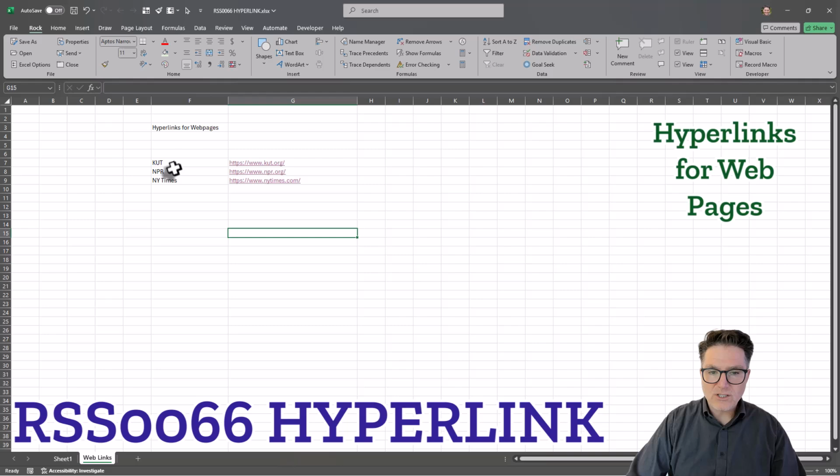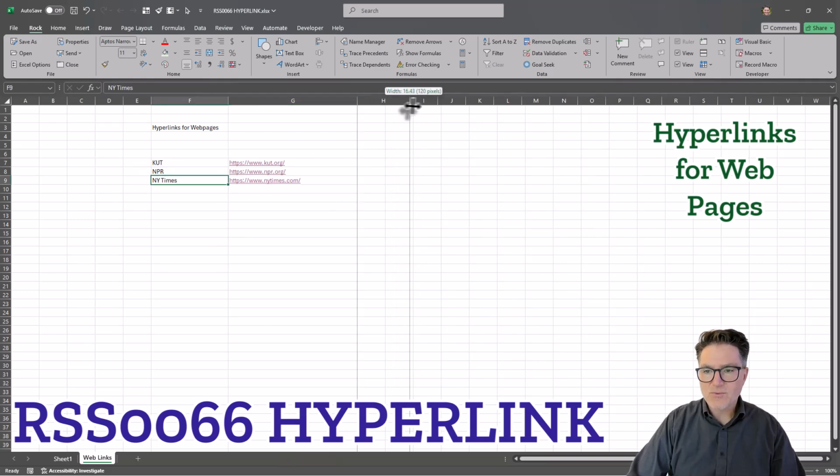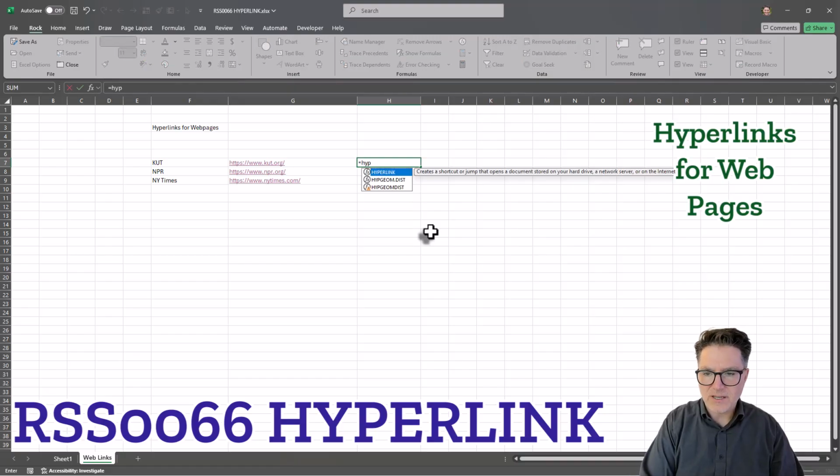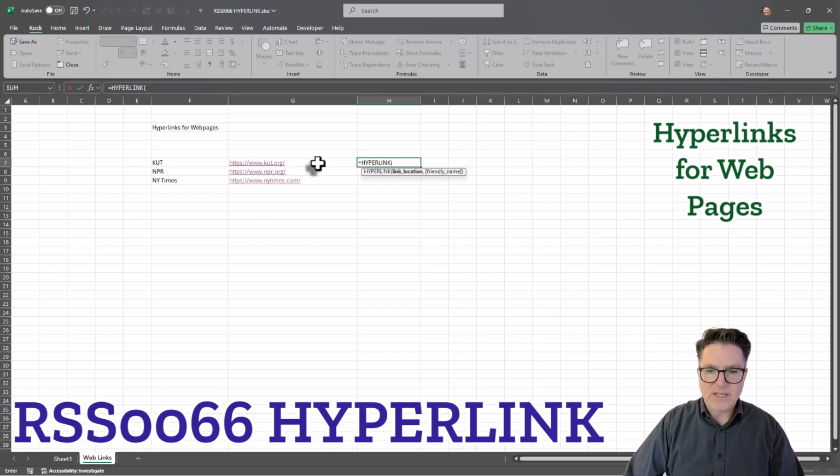What if what I want to show is this and have it be clickable? That's where the hyperlink function comes in. I'm going to type hyperlink. This has 2 arguments. One is required, one is optional. The first argument is the link location. If I click here, that gives me the hyperlink itself, and then I can put in a comma and click on a friendly name here, close that parentheses,